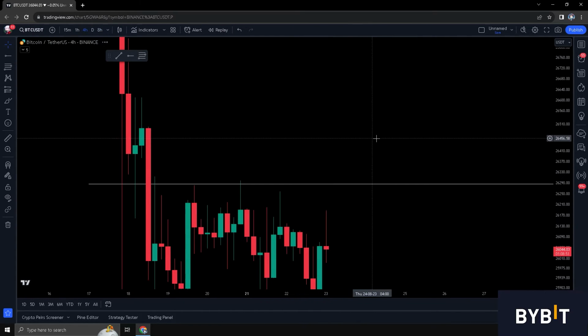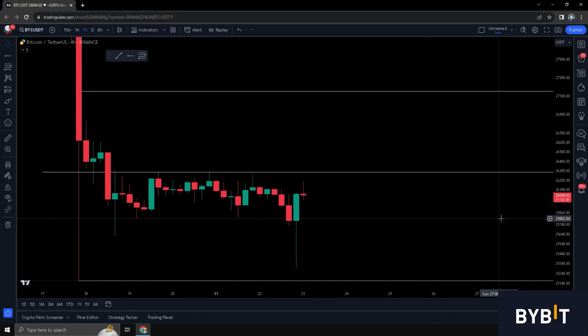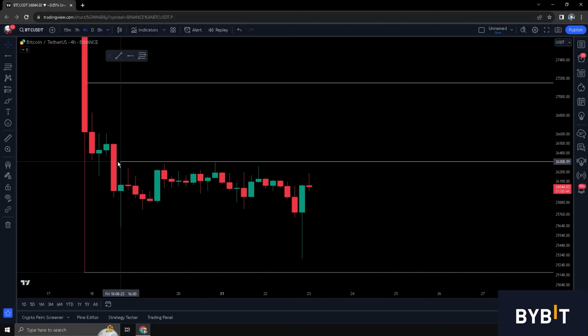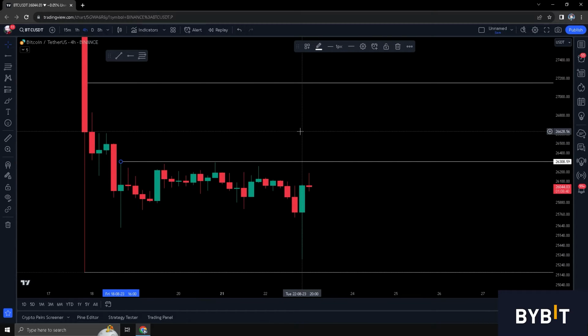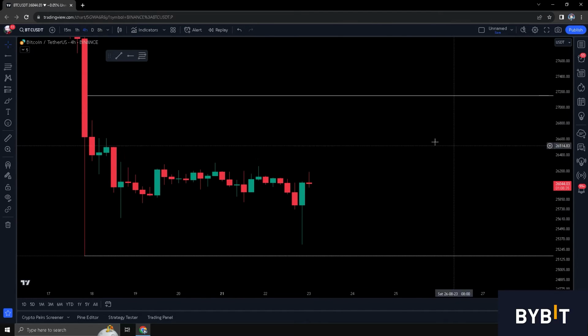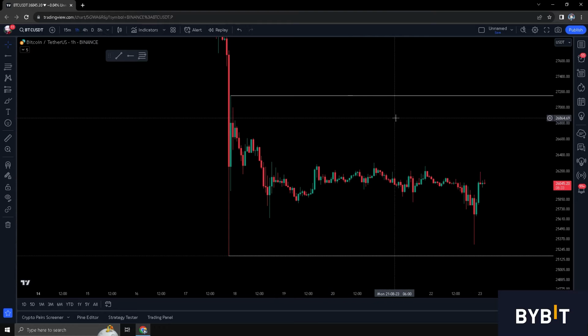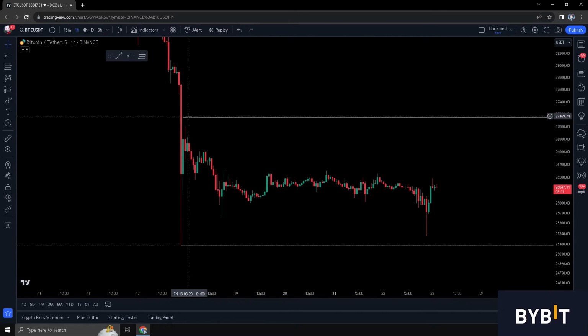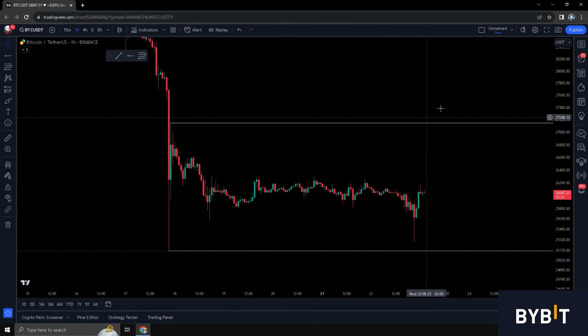So let's just go on the 4-hour once again, and here we have a conclusion that yes, this seems like a range high, mid-range for this entire range, but we can further elaborate it with the help of lower time frame ranges. Alright, so this is just the high time frame range formed here. Pretty simple. You have the low formed after an impulsive move, you have the high, which is the first bearish